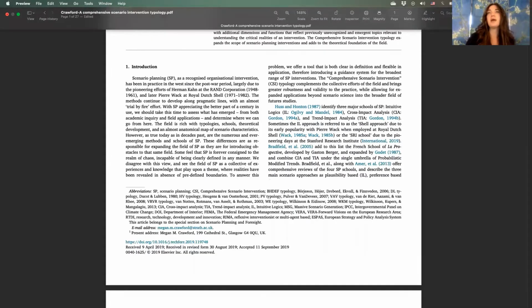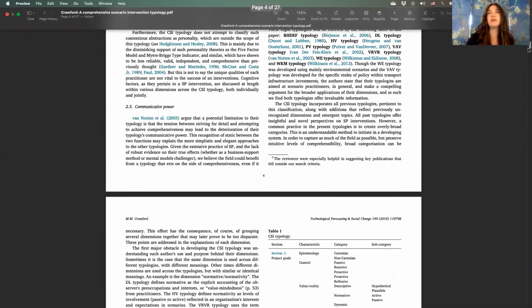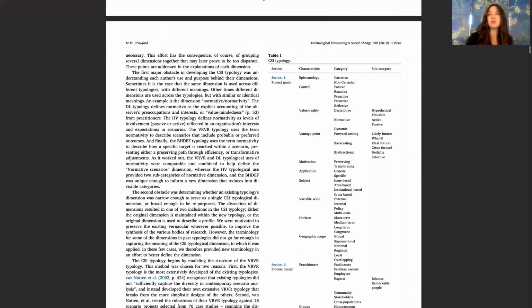And I want to go ahead and pull up on the screen the beginning of the typology so you can see at least the first 2 sections of it. So what my research showed, though, was that everyone was basically talking about the same collection of dimensions. Everybody who had actually published a typology or something that could be considered a typology were pretty much talking about the same dimensions. If you thought about it as a Venn diagram, they all had some overlap. They were just using different language and applying the same dimensions maybe for different purposes, which was pretty exciting to see once I started looking at the data.